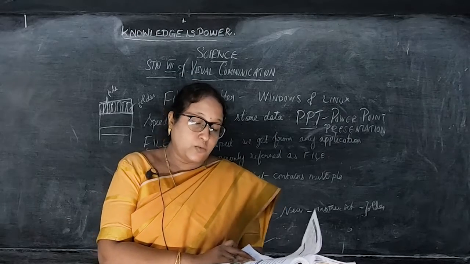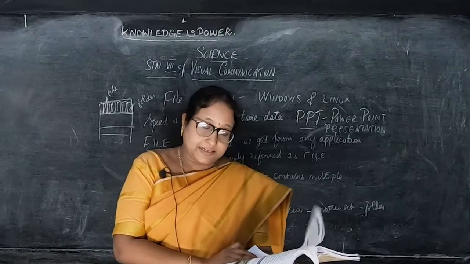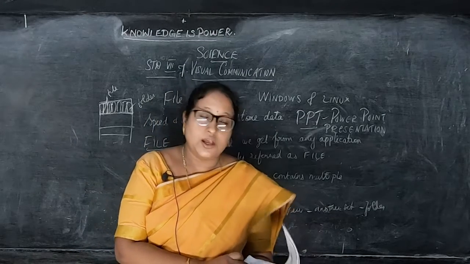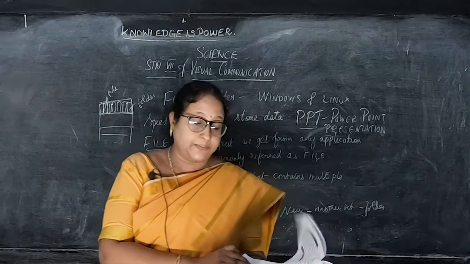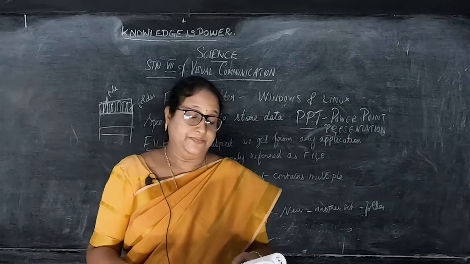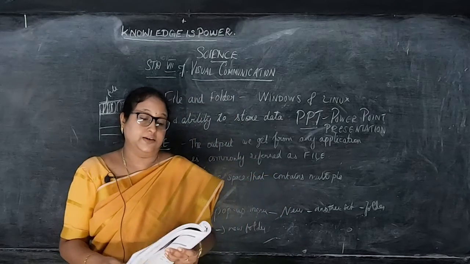Then now select the required program. The list is shown. Whatever program you need, you have to select the required program and create the required files. Okay, children. So a list of programs will appear in the computer. In that you have to select the required program and then create a new file.